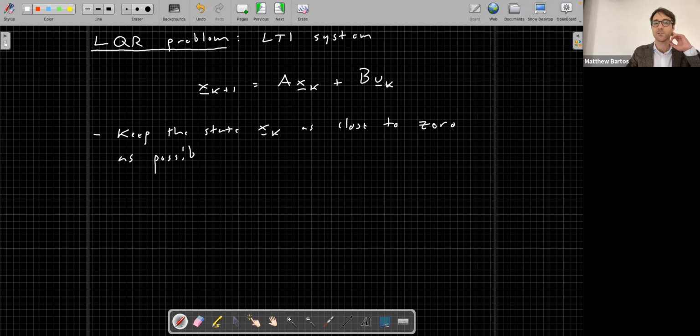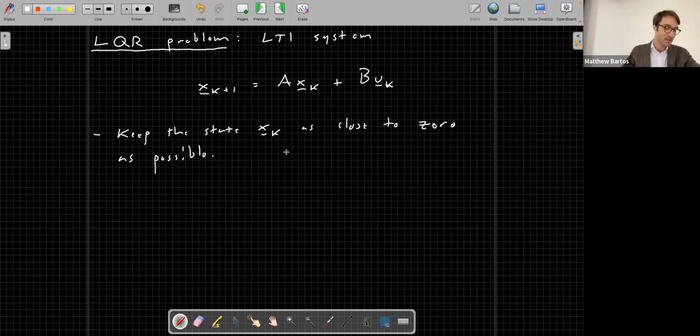In this case, just for simplicity, we're treating our reference as 0. It'll just simplify the math and the presentation of the math. We could replace this with keeping the difference between x and a reference state as close to 0 as possible. But for now, let's just consider our goal is we want to keep the state x as close to 0